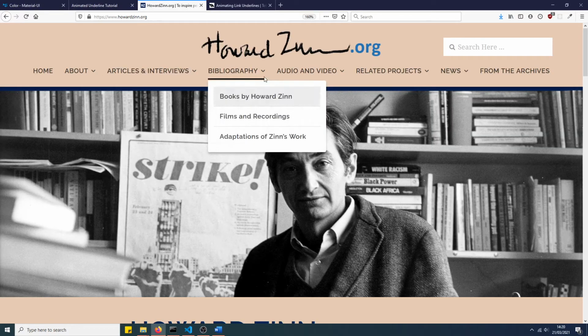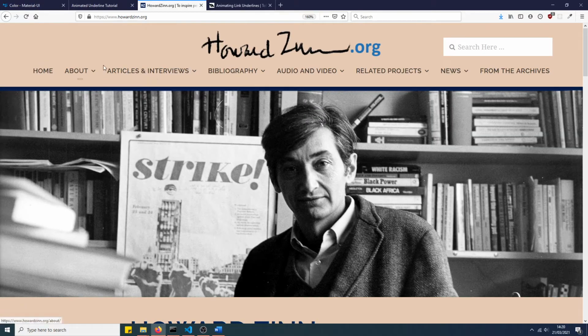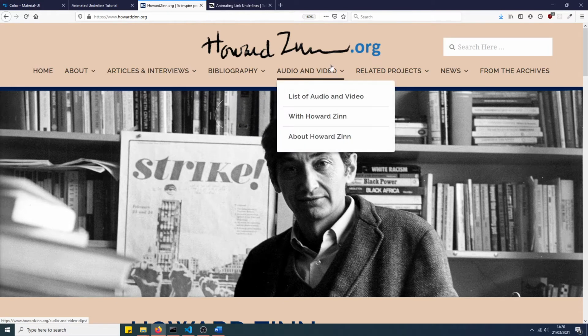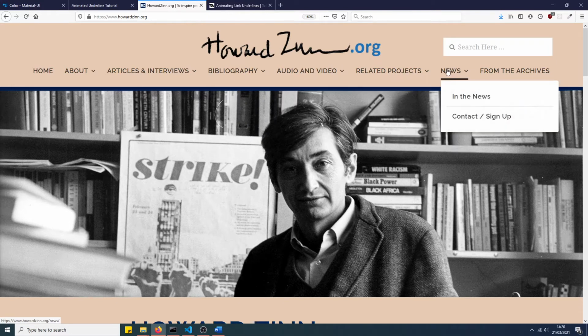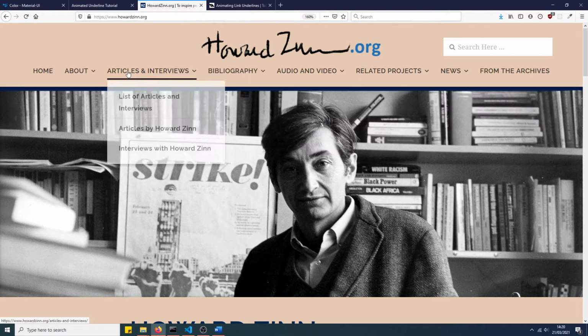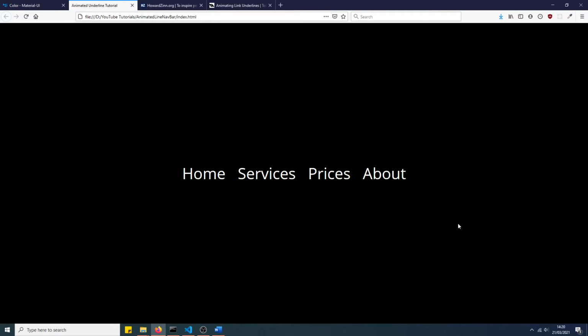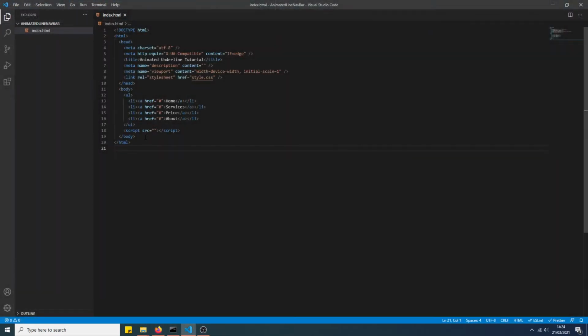So here's an example of where you'd want to use this on a real website. As you can see, it looks really nice. It looks nicer than a lot of the other alternatives, and that's why I'll be showing how to do it in this tutorial. Okay, so at the moment we've just got this blank HTML document here with an unordered list,